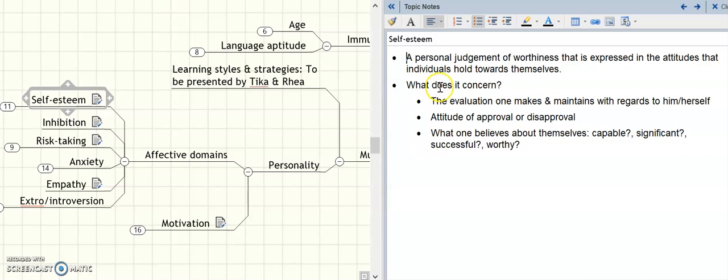What does it concern? It concerns the evaluation one makes or maintains with regards to him or herself. It also relates with attitudes of approval or disapproval. What one believes about themselves. Are they capable? Are they significant? Are they successful? Are they worthy? So all these are the essence of